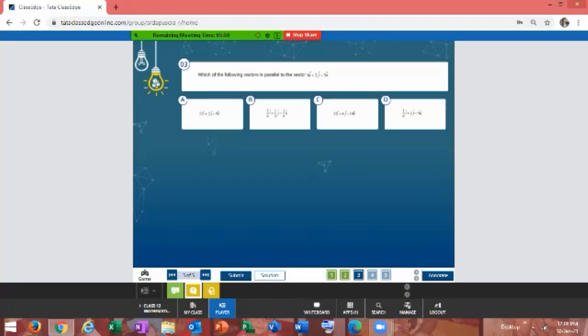Is answer C here? Because 6 to the 12, 2 to the 4 and 5 to the 10. Am I right here? Yes, sir. So that is what I actually said: if the two vectors are parallel, then you will have to check which one is the scalar product of the other vector. That means there is a numerical multiple of the other vector. So look here, is this C correct or not? Yes, it is correct.